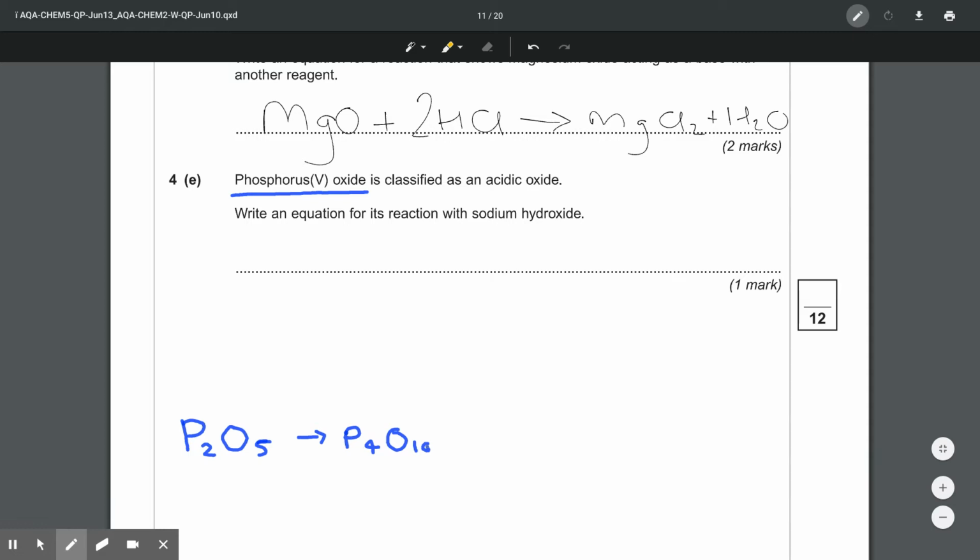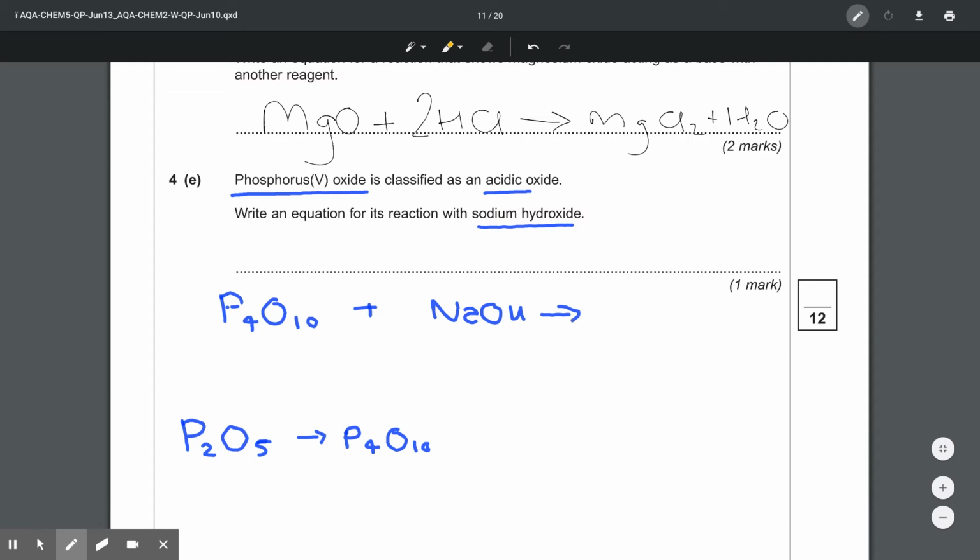And it's going to be acidic, obviously not in the generic sense of it donating protons directly, but more in its reaction with a base, such in this case as sodium hydroxide. So we just have to construct the equation, and essentially it's a memory test in that we remember that phosphorus oxide is P4O10. We are going to react that then with sodium hydroxide, NaOH, and we then essentially just have